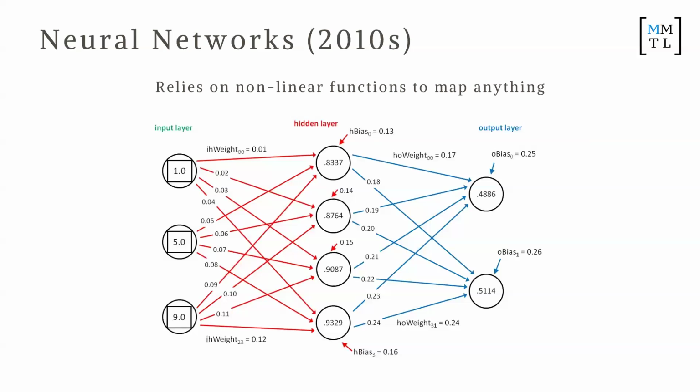All right, now what's cool about neural networks is they rely on non-linear functions, okay? The very first neural networks were very heavily linear based, so they would rely primarily on linear functions. And if you keep on adding linear functions, you always end up with something linear, right? As soon as you introduce something non-linear, you start to get really cool capability because you can start mapping out any mathematical relation that is non-linear. Okay, so that's one of the key insights when it comes to neural networks.